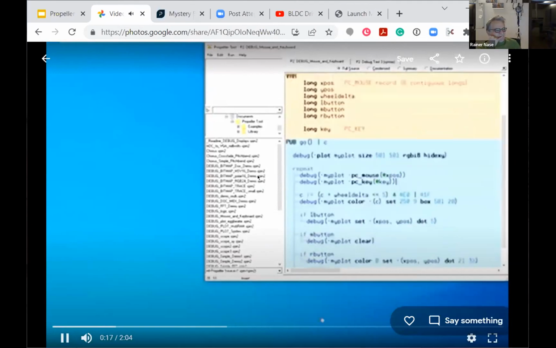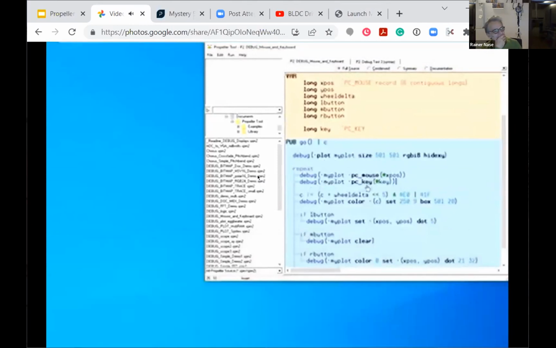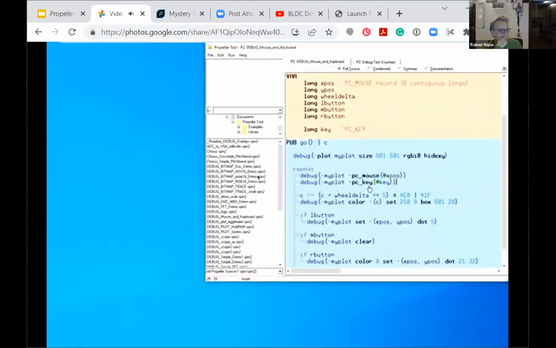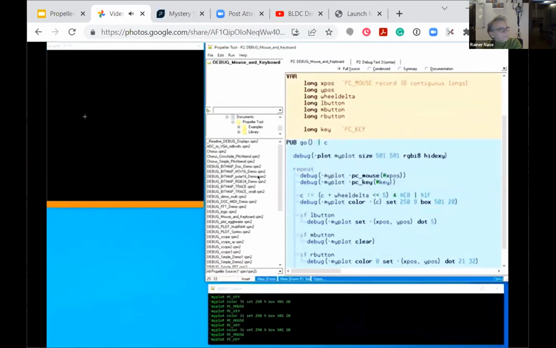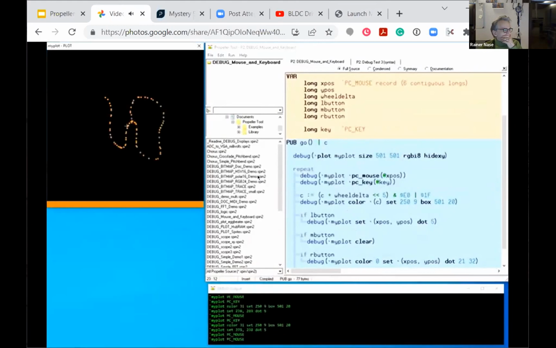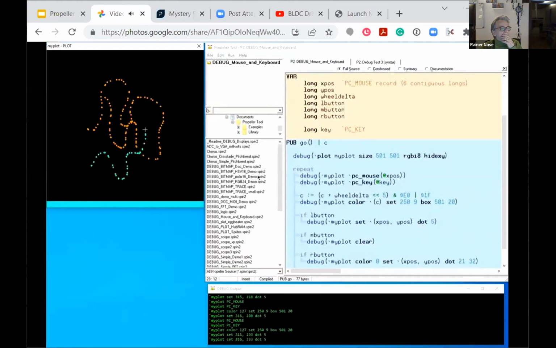In this example, in a loop, two debug statements use two new commands, PC mouse and PC key, to request mouse and keyboard metrics from the computer. In this case, the plot window. When the PC sends data, the code performs some action with those values. Here's an example. Over here in the plot window, I can press and hold the left mouse button while I move the mouse around to draw on the screen. I could also use the mouse wheel to change the color of the next dots that are drawn. I can press the keyboard